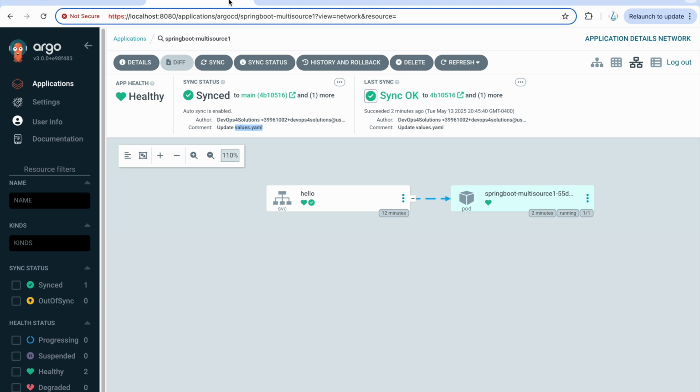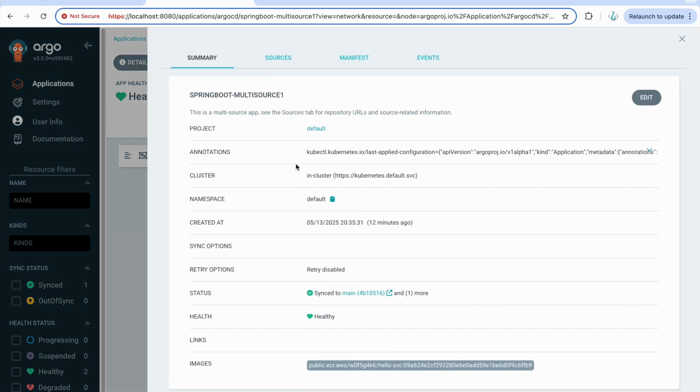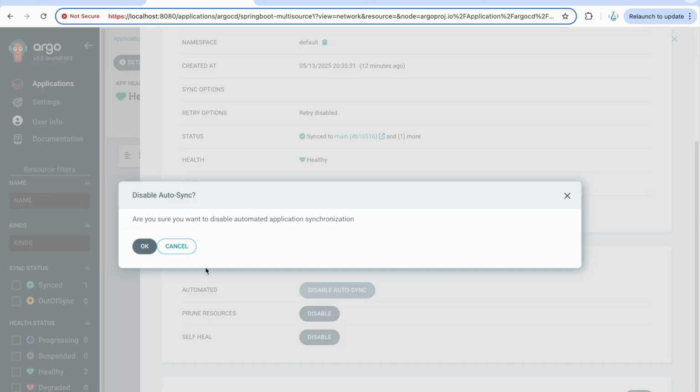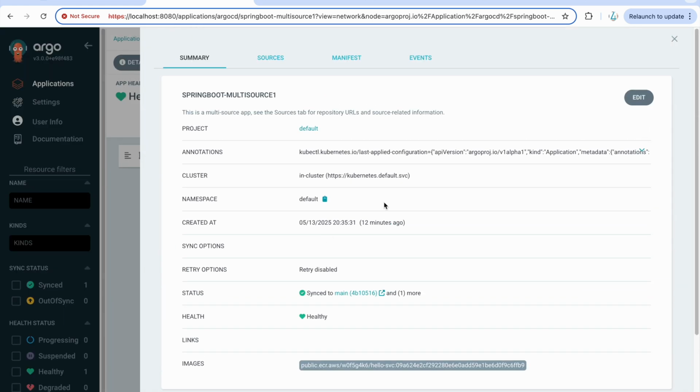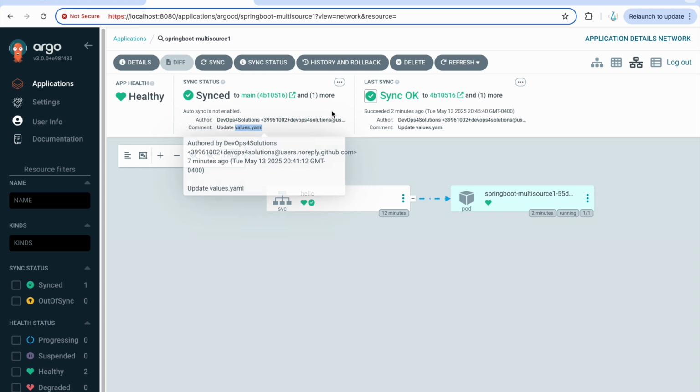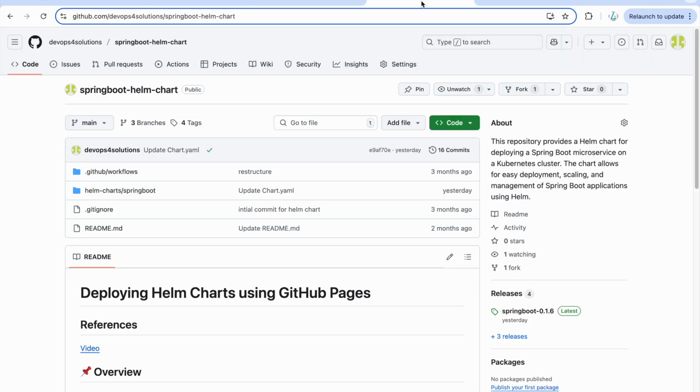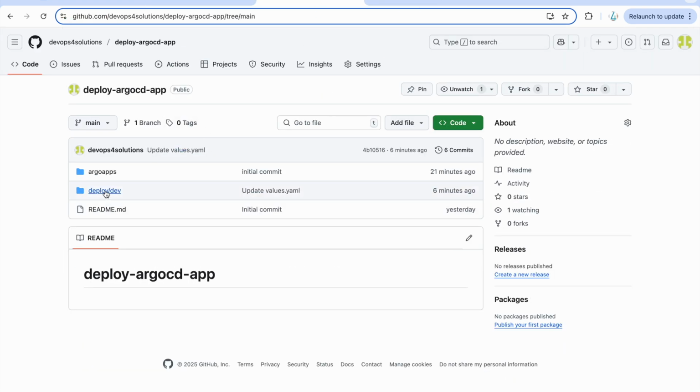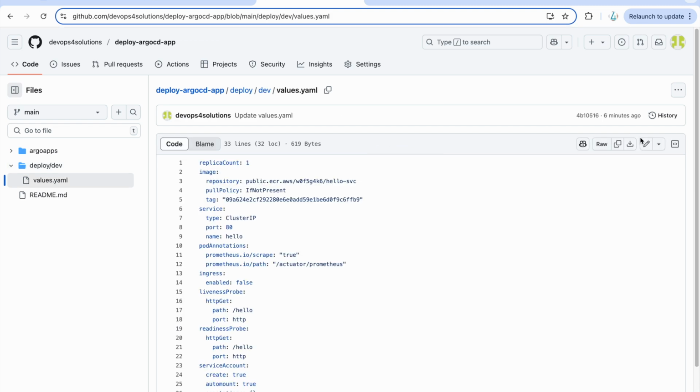The next good part is, sometimes you don't want to enable the auto sync. So let me just go there and disable the auto sync. What I wanted to show is that if you disable the auto sync, but somehow this file got updated, then you should be able to see that it is going out of sync.